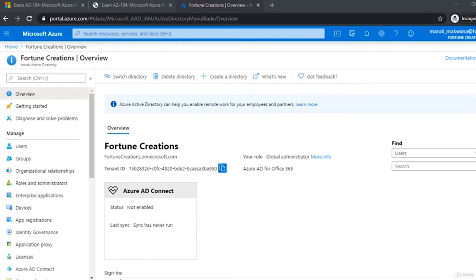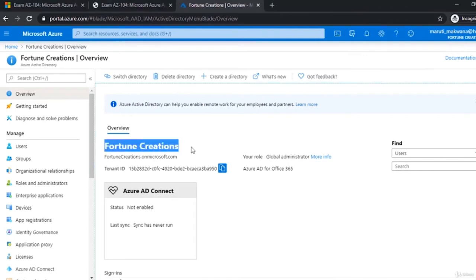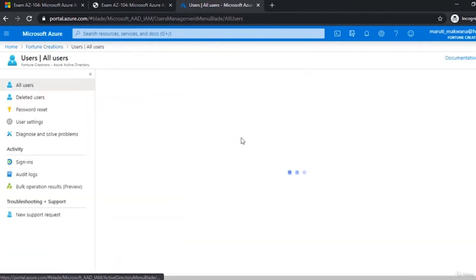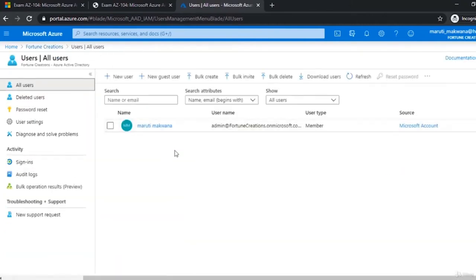Multi-factor authentication is one of the widely used features of Azure AD. To use this, the first thing you can notice is that I have switched to my organizational AD, inside which I do not have the same users which were there in the previous AD. That was my default AD associated with my Azure subscription, and this is a separate Active Directory which I created later on. This AD has only one user right now, which is the admin of my organization.